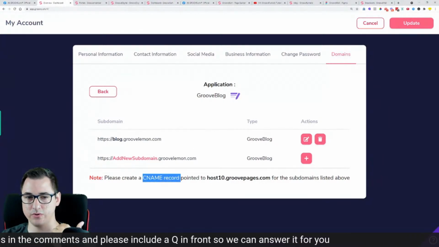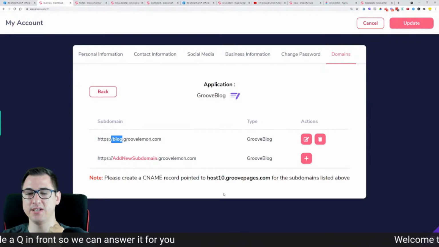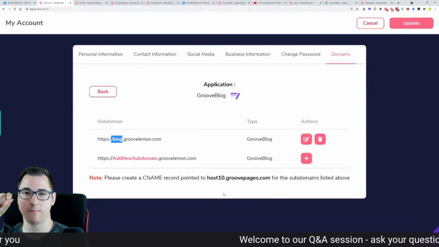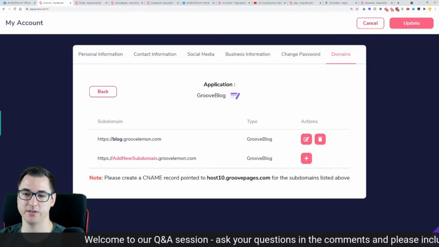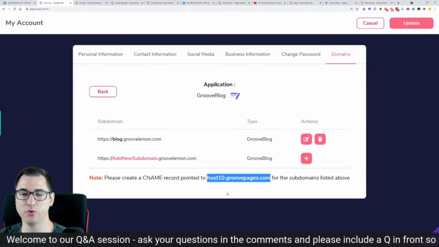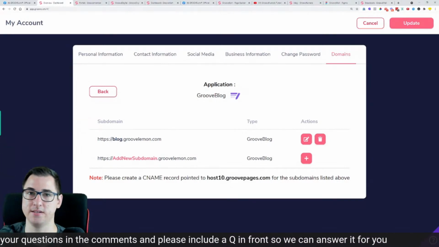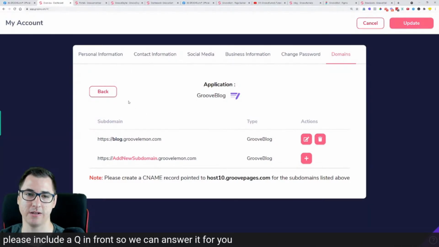If you want to connect, for example, blog.yourdomain.com, then you'll need to go into your Cloudflare account and create a CNAME which says blog and point it to host and the groovepages.com, for example. Without doing that manual step, it's not going to work, because Groove cannot access your Cloudflare account and manage your domains there.